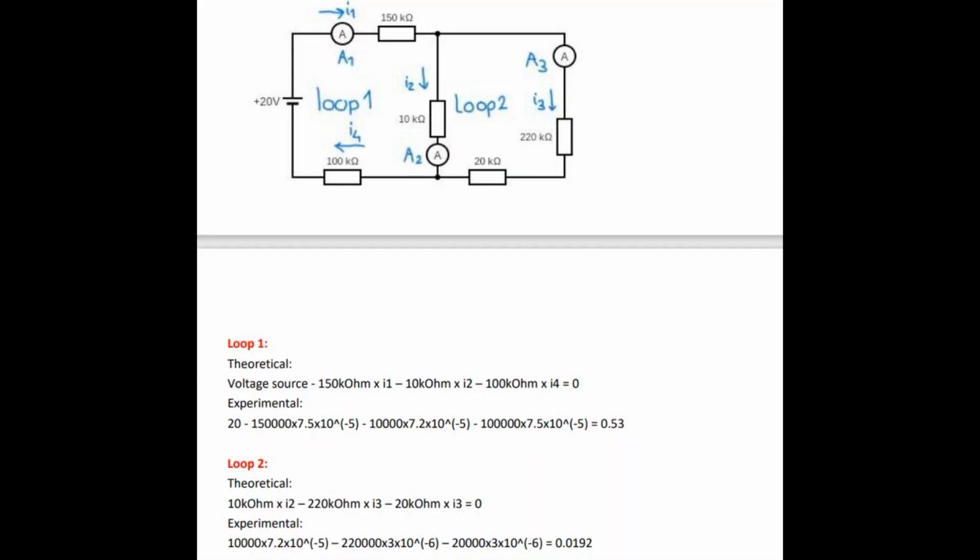Secondly, by setting two different loops in the experiment, Kirchhoff's voltage law is valid. We calculate the results by using a calculator and observe that the equations are very close to zero. It is approximately equal to zero, as the difference between theoretical and experimental values occurred because of the precision of